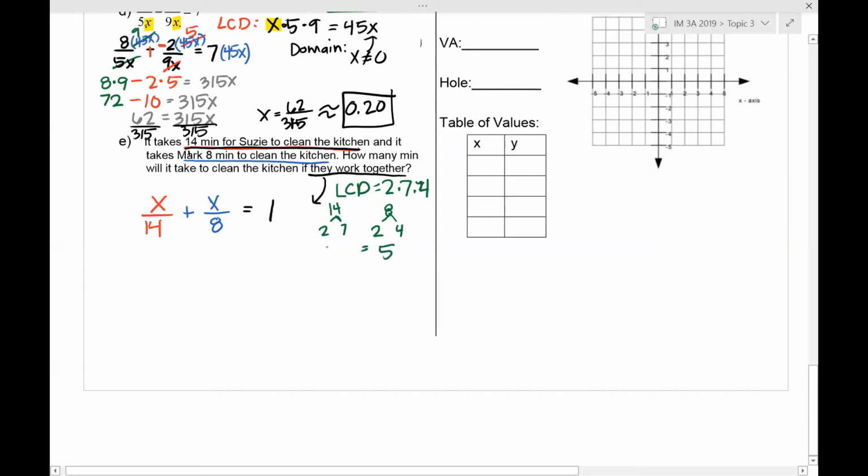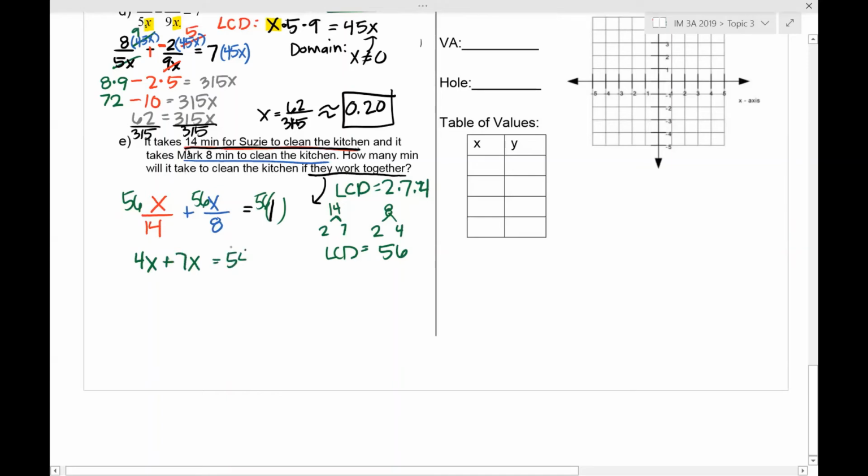So my LCD is 56. So I'm going to multiply everything by 56 to get my result. So if I reduce 56 by 14, that's going to give me 4x. If I divide 56 by 8, that's going to give me plus 7x